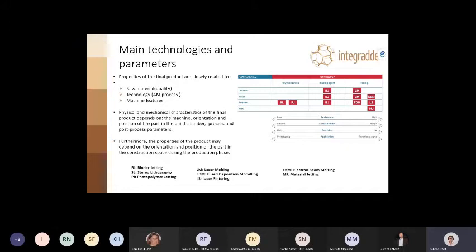So this point was specifically presented during the previous webinar last week, and you can have a replay of this previous webinar if you are interested. So in this table, you have the different processes of additive manufacturing that can be used depending on the kind of material.